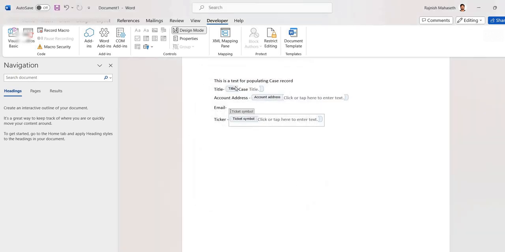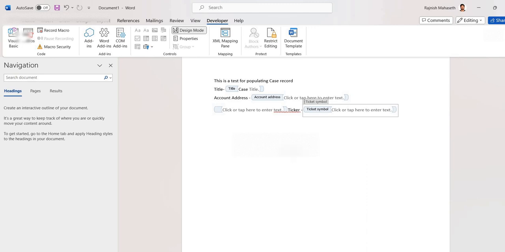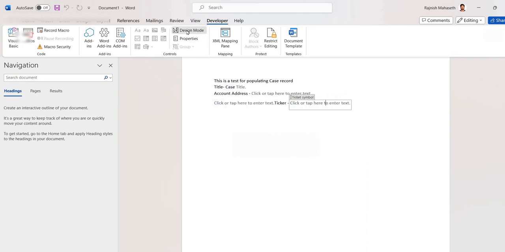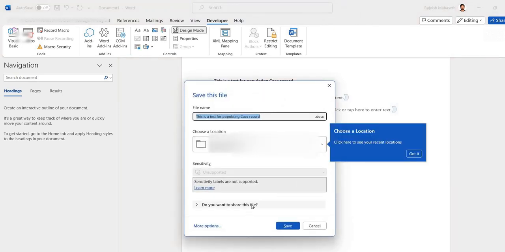Okay, so as of now, let's check with these four fields whether it is matching or populating or not. Later on, if you have more requirements, you can just come here and edit everything. Just remember, whenever you want to populate it, you go to this field, and in the properties, you give the name of what you want to display, and in the tag, the logical name of that field. That's all. Now I'm just going to save it. If you want to see the design, just click on the design mode. If you want to edit any of those things, you should be able to edit it in design mode. Okay. I'm going to save it,